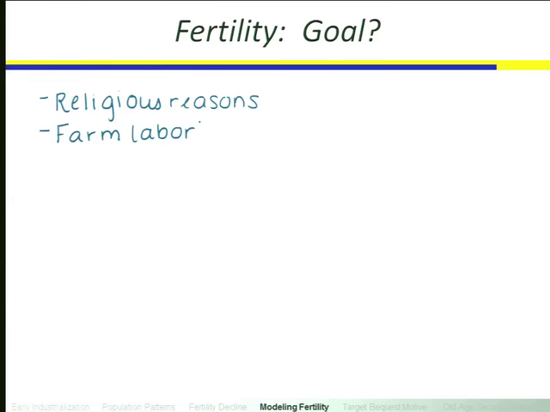Okay, so you want to have a large number of kids so that at least some kids survive. I think that's not a goal in terms of... No, I think in terms of how we're thinking about this, you want to hold on to that. Think about it like this: if your goal is 5, you might want to have 7 because 2 might die. But the question is, why might your goal be 5?